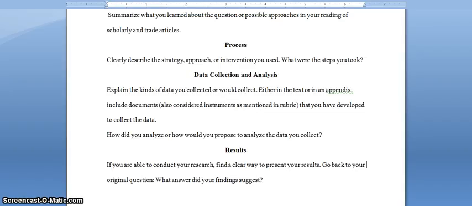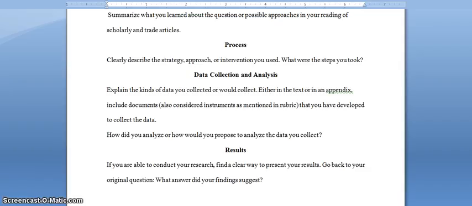And y'all, if you hear me interchange, I'm sorry. I say data, I say data. It probably should be more often data, but forgive me if I interchange. So explain the kinds of data you collected or you would collect either in the text or in the appendix,